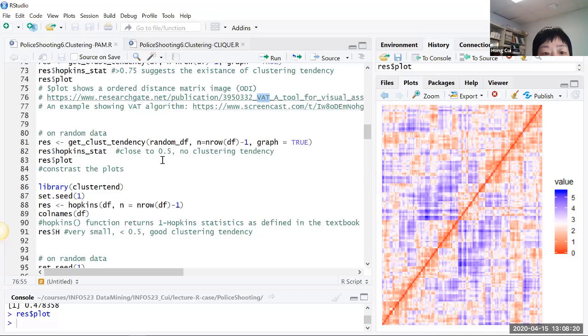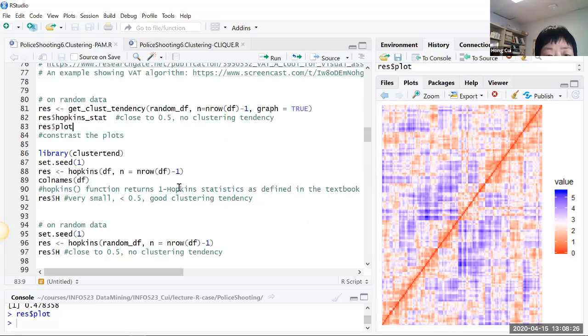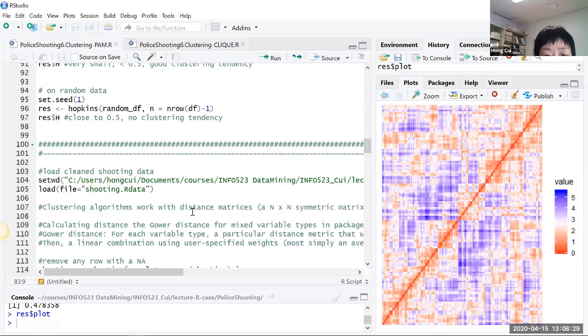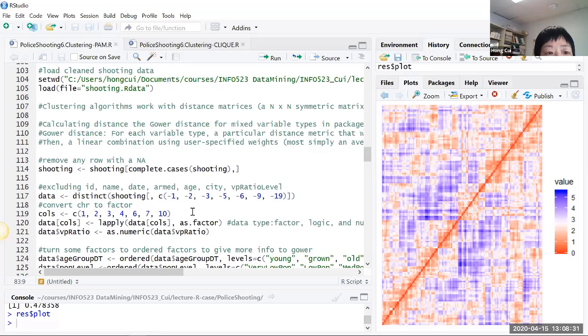So today I'm going to continue with this R exercise, but I will not run a lot of things, but I will show you some things. The reason that I'm